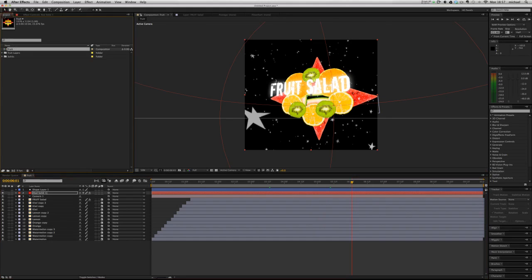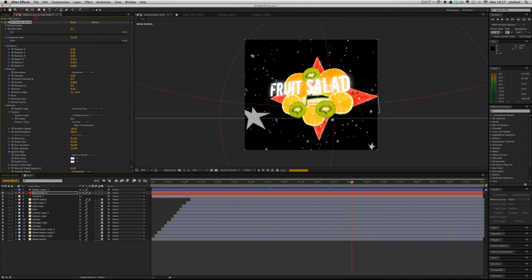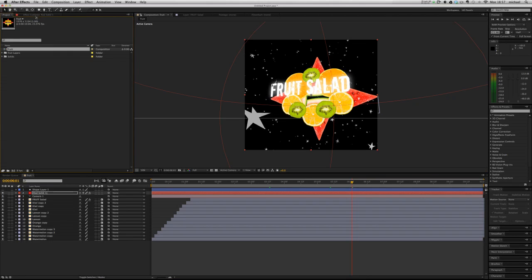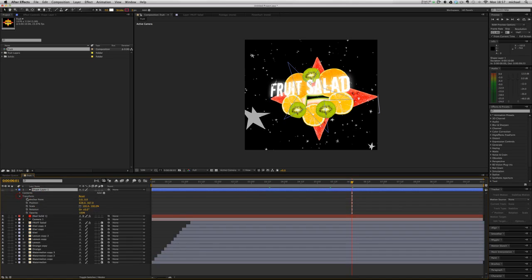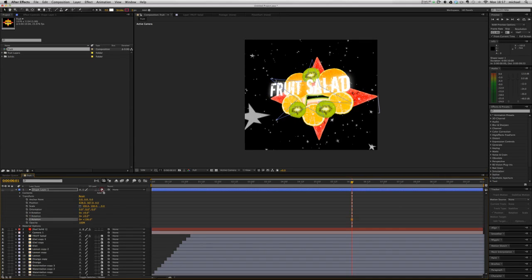So, for instance, you could put a movie in there, you could put anything you like, really, and something like this, you can animate that. So you can animate that, and it animates everything else because this is a shape layer. You could turn this layer 3D, and then you can rotate this on the Y. So you can do lots of interesting things with it. So if you think about the potential of what you could do,